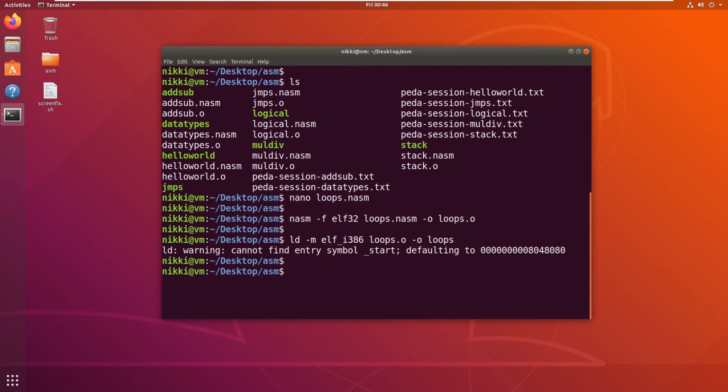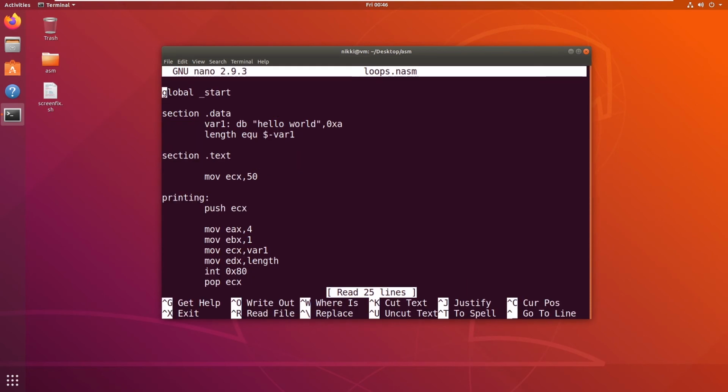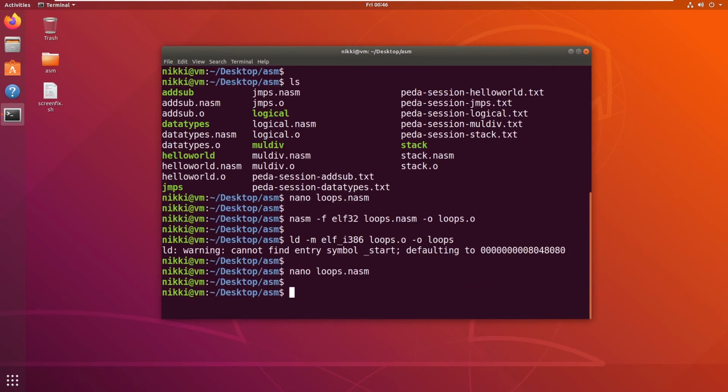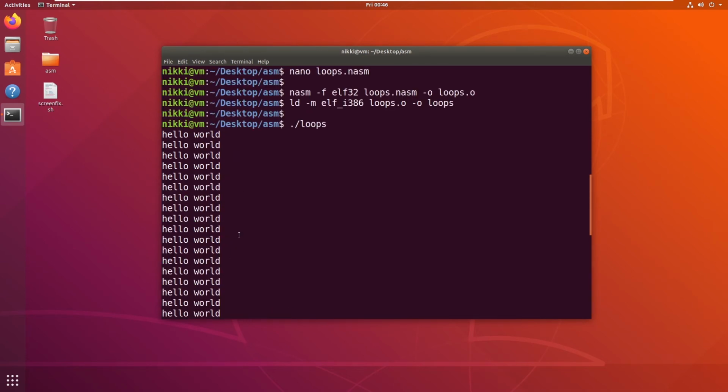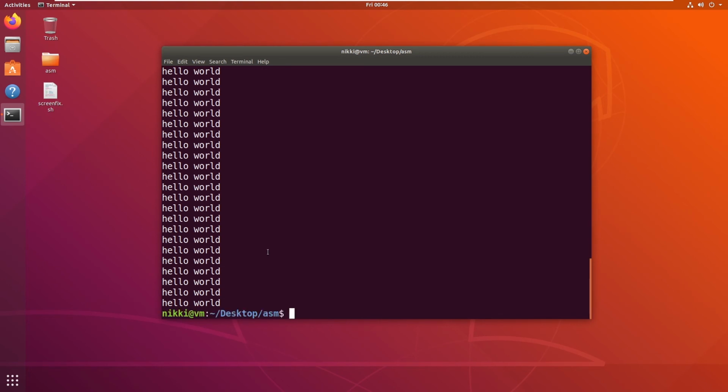The start. Okay, I'm sorry, I did not write the start. My bad. So now let's assemble it and link with LD. Now if we run this loops, we have printed hello world 50 times. So we have successfully solved the loop instruction.